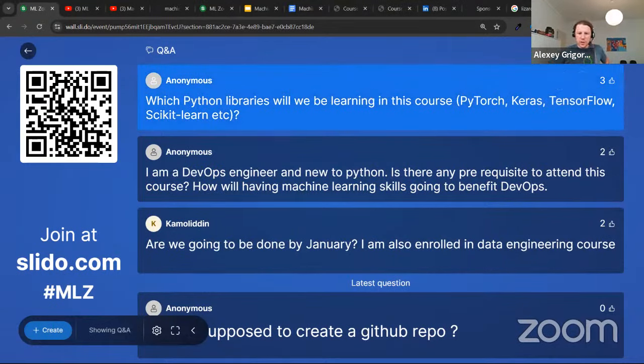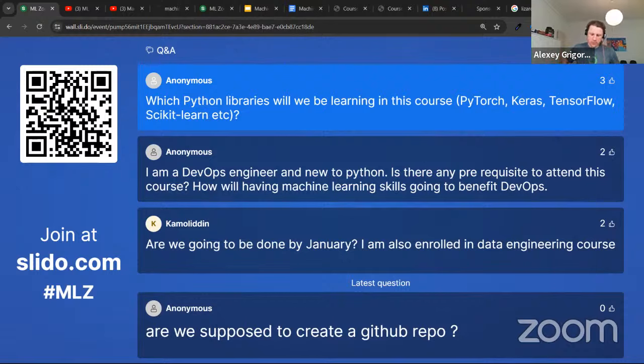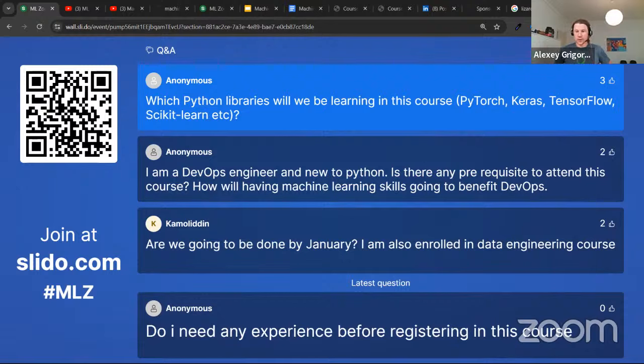Which Python libraries will we be learning in the course? So we'll use NumPy, Pandas, scikit-learn, Keras, and TensorFlow. We will not use PyTorch. I know right now PyTorch is more popular than Keras. The concepts are still the same. And what you can also do is take the code we have in Keras, put it into ChatGPT and ask, hey, convert this Keras code to PyTorch, and then just follow the course in PyTorch. So totally possible. And you will kind of learn two things, I guess.